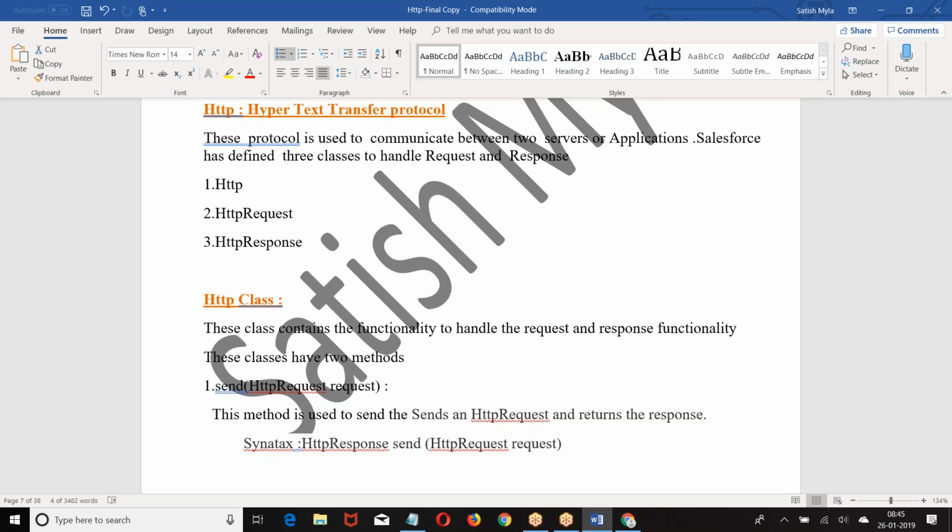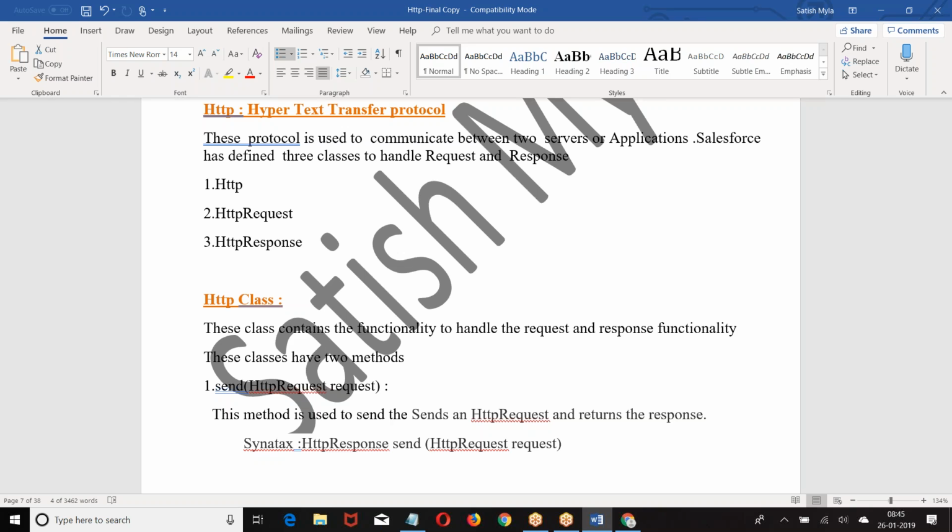If you want to implement this, we are supposed to understand 3 different classes given by Salesforce. To handle HTTP requests and responses in Salesforce, we have 3 different Apex classes. What are those Apex classes? The Http class, HttpRequest, and HttpResponse.